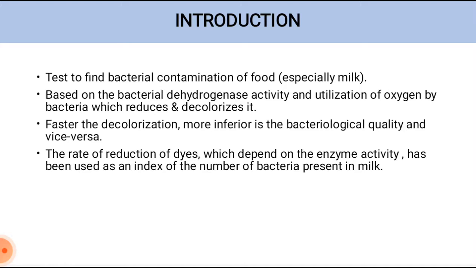When the bacterial cells multiply, they consume dissolved oxygen, and hence the dyes act as an electron acceptor instead of oxygen. As more and more oxygen is consumed, the redox potential shows a decline, and this decrease in redox potential changes the color of the dye from colored state to leucoform, or we can simply call it the colorless state. Such dyes are known as the leucoform dyes. In leucoform dyes, we can include the methylene blue and the resazurin.